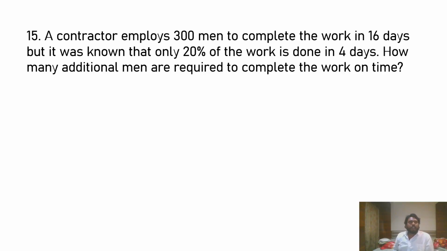Fine, guys. A contractor employs 300 men to complete the work in 16 days, but it was known that only 20% of the work is done in 4 days. So how many additional men are required to complete the work on time? Now look here, guys. I'm not going to write the formula or explain the scenarios. Directly I'm doing it like this. 300 men worked for 4 days and they completed 20%. That equals